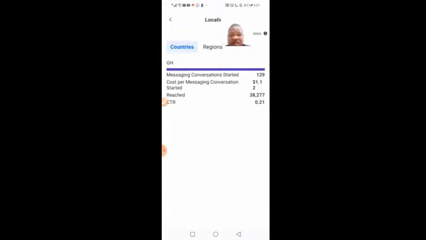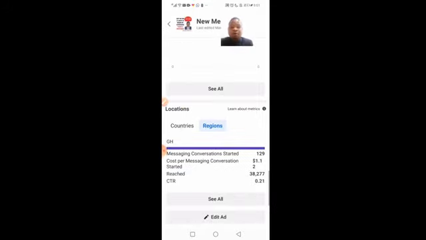If you have many states in the country where your adverts were shown, the regions or states of that particular country would appear here, but it's no longer showing. Even if they are provinces, states or regions, they used to all show, but they are no longer showing. I think they've made the latest edit to the app, and with that latest development, that particular section is no longer showing. Okay, so we can go to